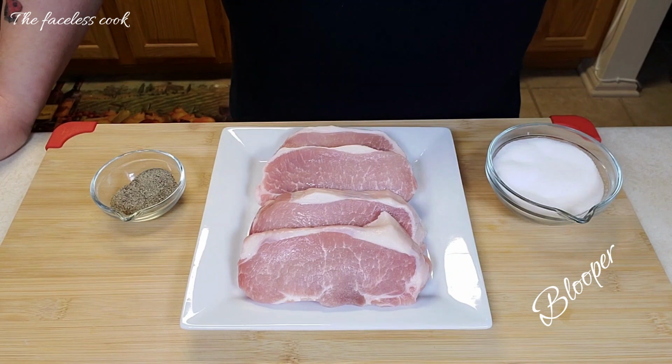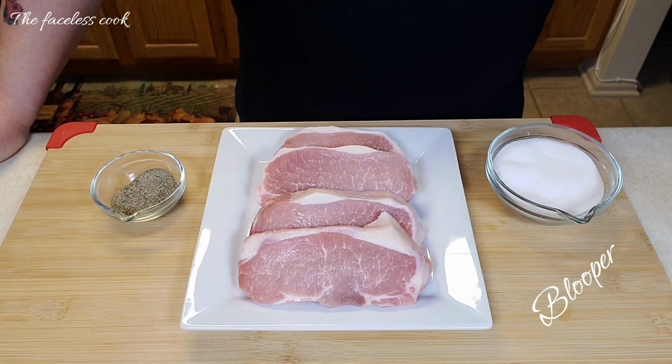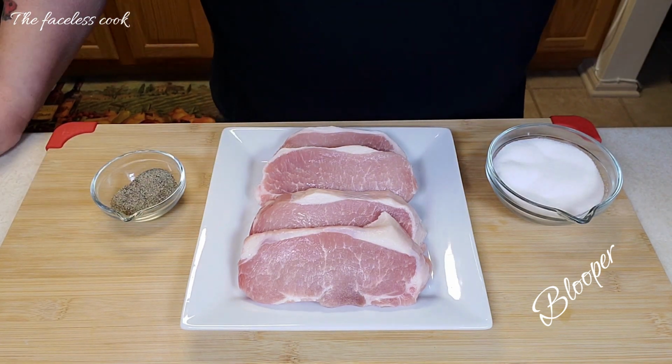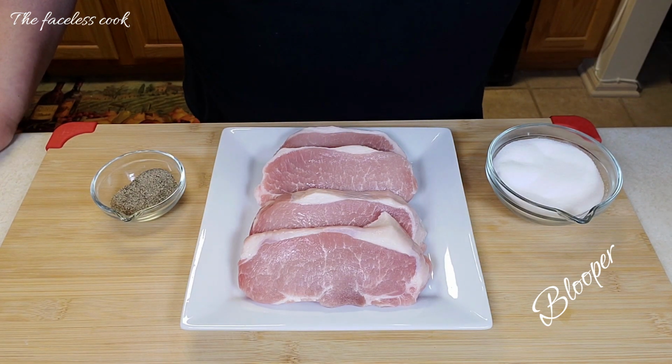Guys, we are back for another recipe today. Today I've been dying to make these. I make these often throughout the course of the year, and today, as you can see, we have some really nice center cut pork chops. So we're doing a pork chop recipe today. I'm going to show you how I do a